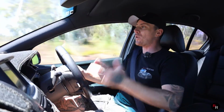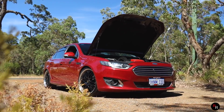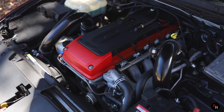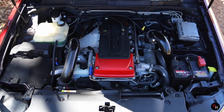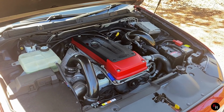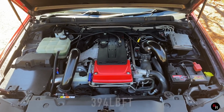So under the bonnet, of course, these FGXs did not get really any changes. There wasn't even any power increases or anything like that, unless you did go for the XR6 Sprint or the XR8 Sprint, which that's a different model. This thing has the 4-liter inline-6 turbo Barra engine, and this old girl, tried and tested. If it ain't broken, don't fix it. Ford left it alone. Good on them, because this girl already pushed 270 kilowatts and 533 newton meters of torque